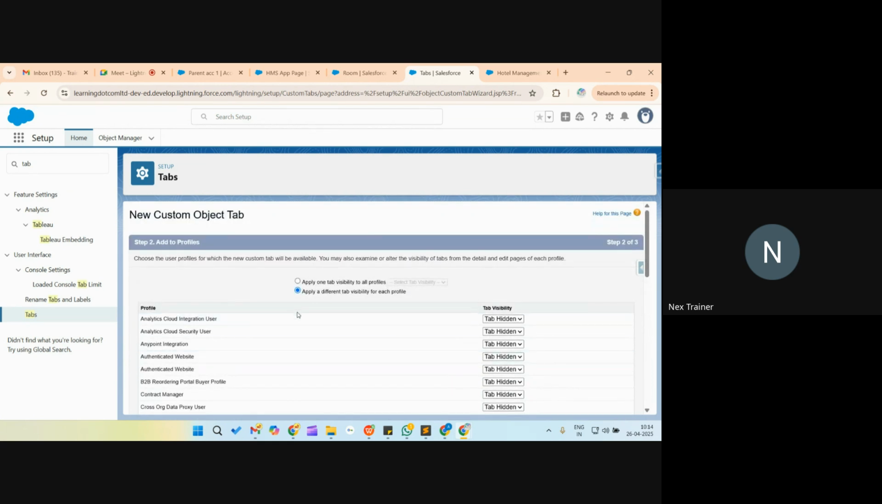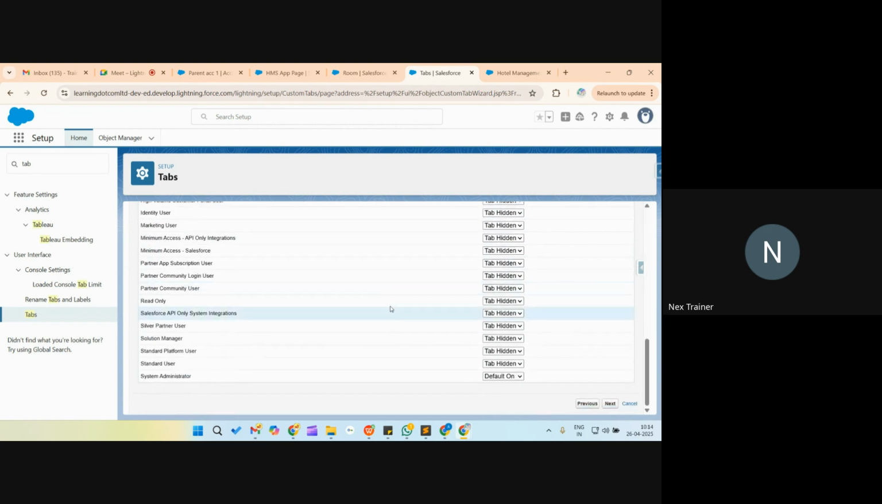Later you can edit this tab visibility in the profile directly also. And you have permission sets and other things also, but yes, from the profile you can control it later. For now I have made this tab hidden for all other profiles other than admin, so we will be able to see this tab. Now if you go forward,